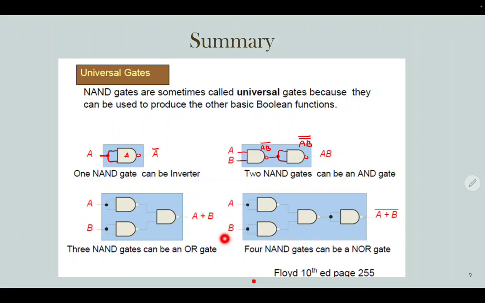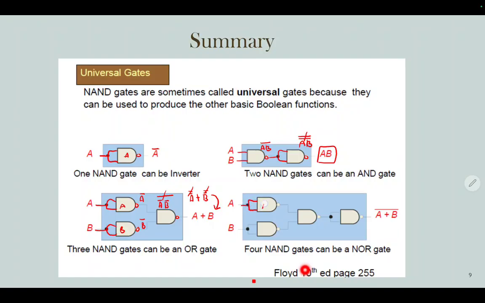So you have to look at the Boolean rules. If you have a double bar, it will be cancelled off, and then you got A, B. So same here, if you got A coming in, and then you got B coming in. So you got A bar, B bar, because you have a bubble over here. And then come here, it will perform the operation of A bar, B bar, and then you have a double bar here. And then you break it using De Morgan's theorem. So you got A bar bar plus B bar bar. So this double bar cancels off. Then you got A plus B.